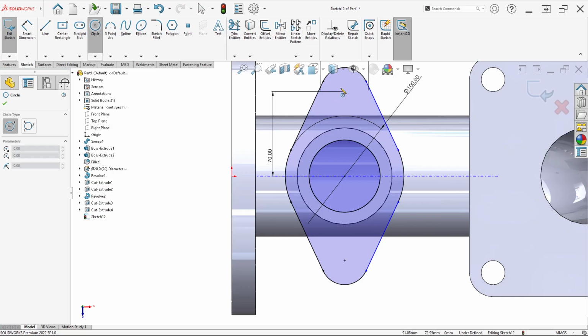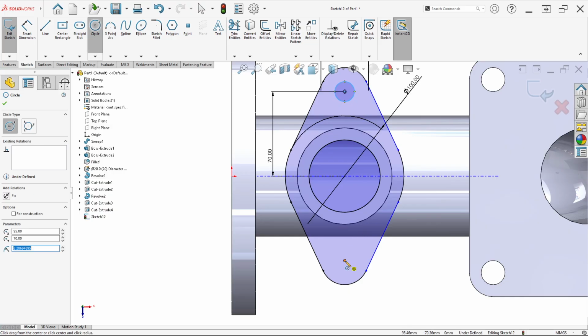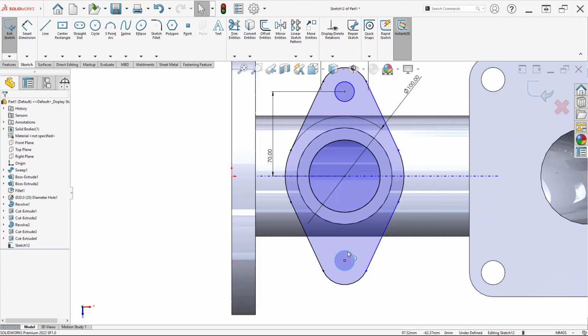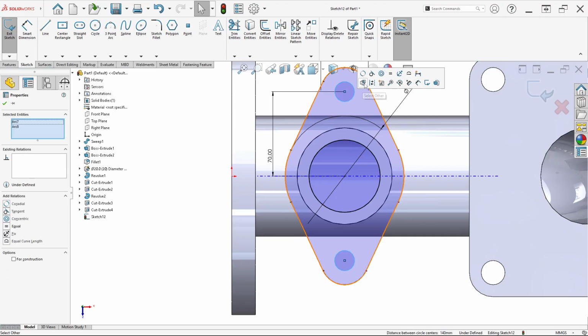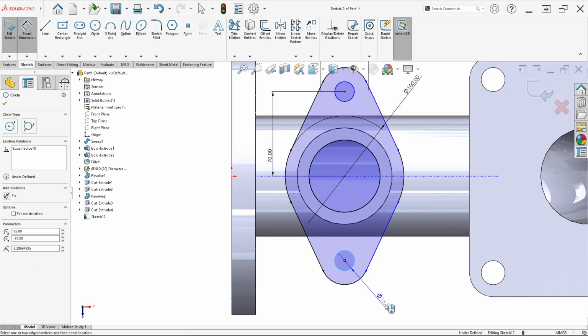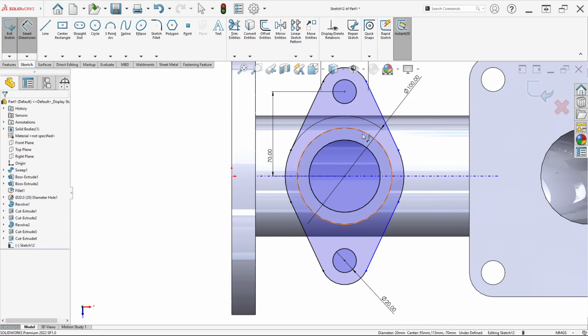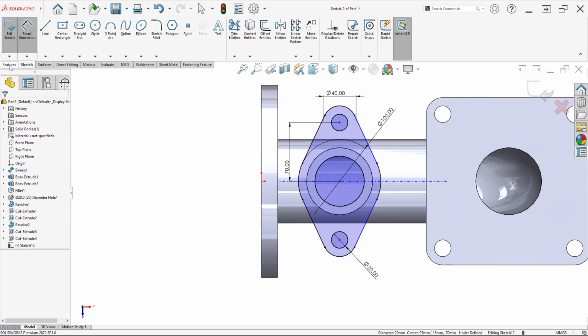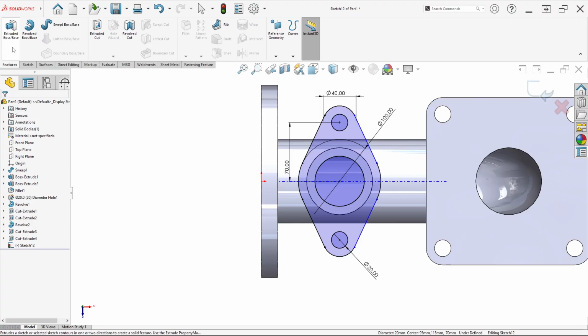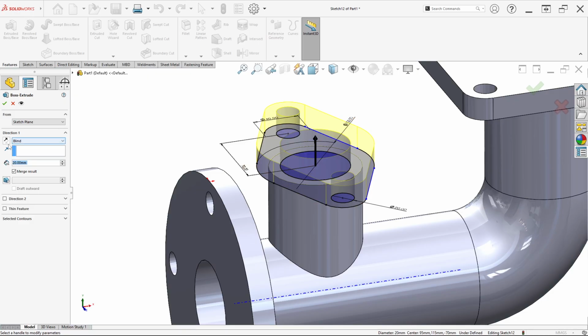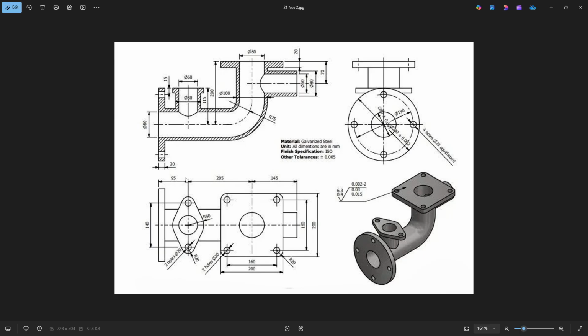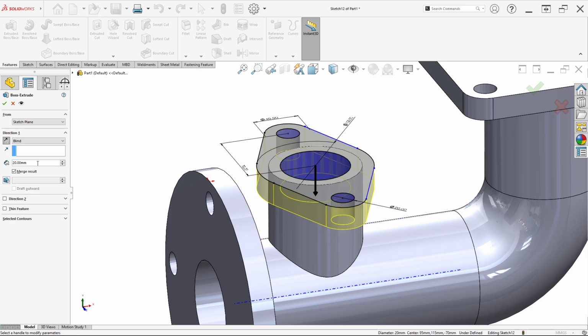So select circle from this center and this center. Ensure circle, click Control and circle. Just click make equal, diameter in here in 20. In here you can see the diameter of the hole in 20 and here in 20 millimeter. After that, just click feature and click extrude boss or base. Direction to reverse direction to here, and thickness in here in 15. So input in here 15 millimeter.